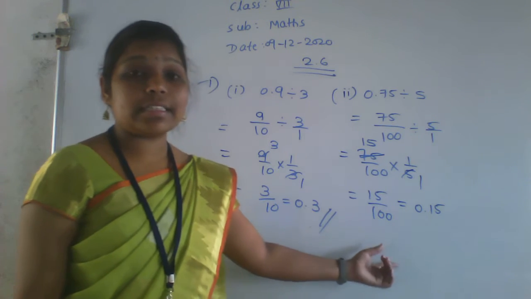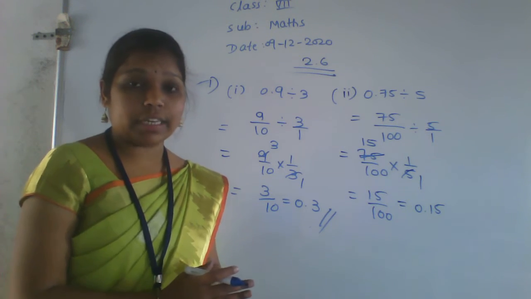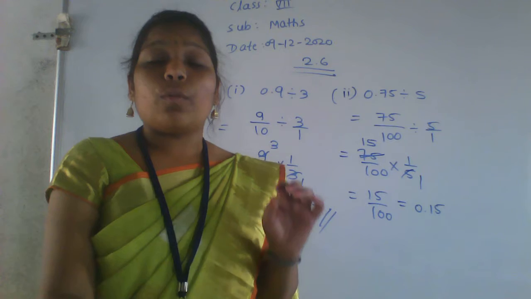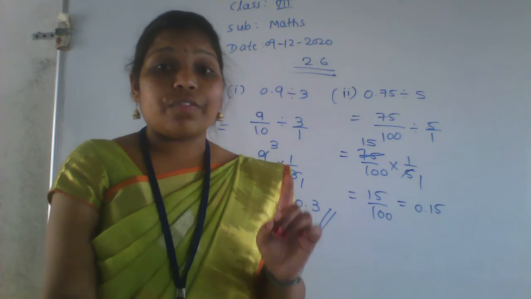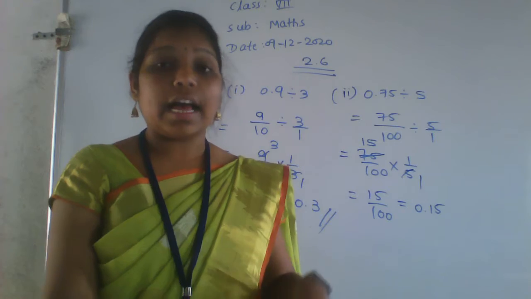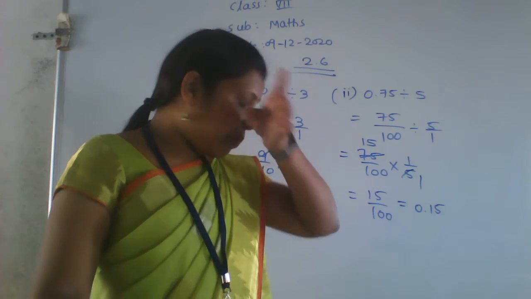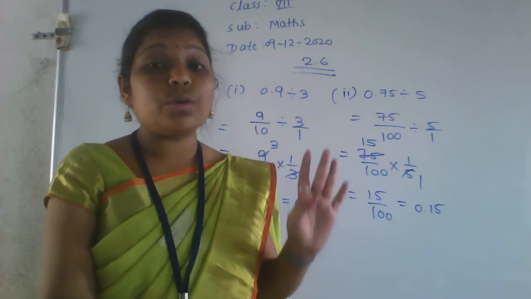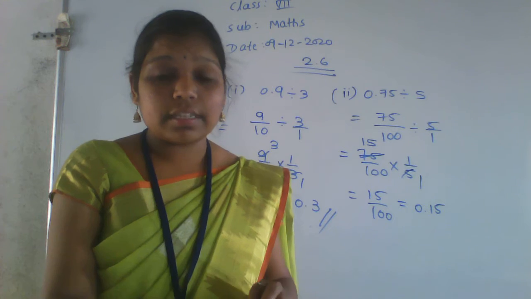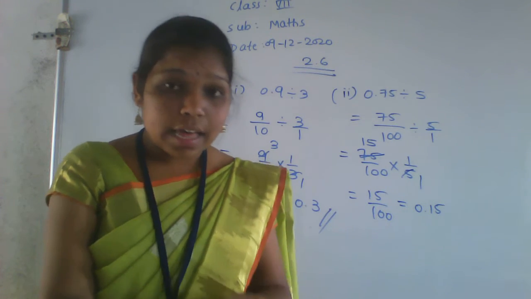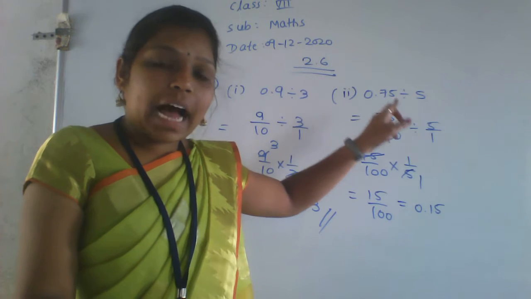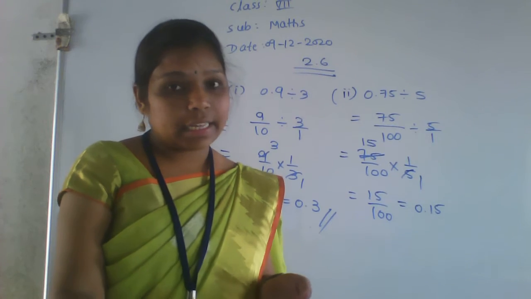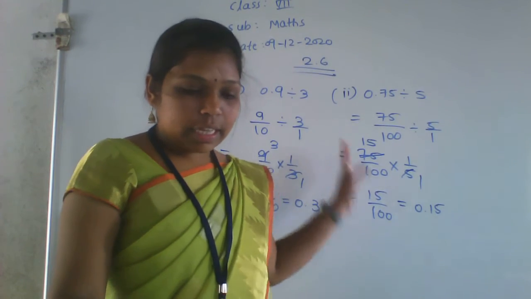Okay. So this is the division of a fraction. While doing the division of a decimal number, first you have to convert it into a fraction. After that you can do the division. We can't do division directly for decimal numbers. First the decimal number is converted to a fraction like this. After this do the same procedure. You already know how to do the division for a fraction, right? So do the same things, you will get the answer.